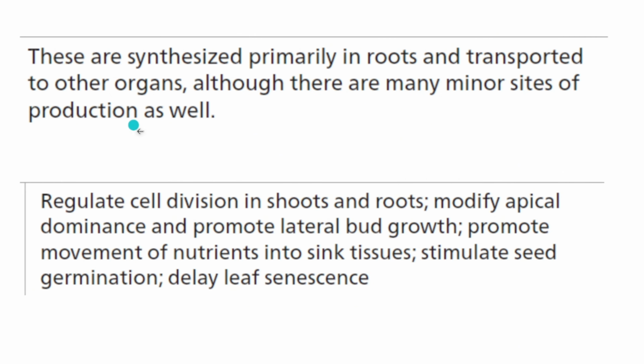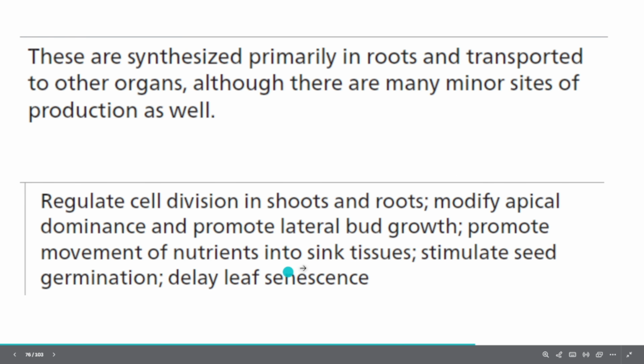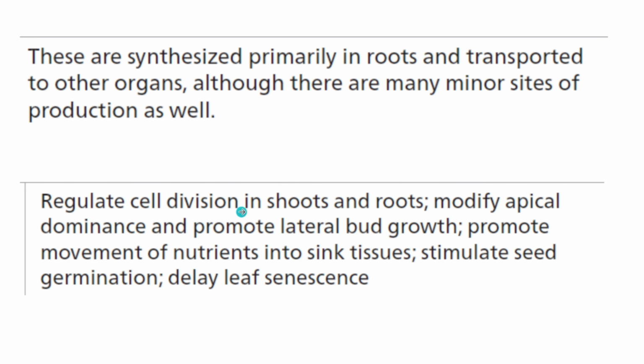Okay, so cytokinin actually is, I can say, the sibling of the auxin. They normally work together. Normally cytokinin is secreted from the roots and transported to the organs by the xylem vessel. And this is the general plant role: regulate cell division in shoot and root. So this is different from auxin. Auxin is for cell elongation. This is cell division, meaning that it can divide the cell